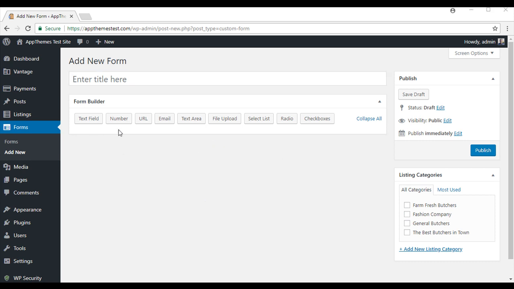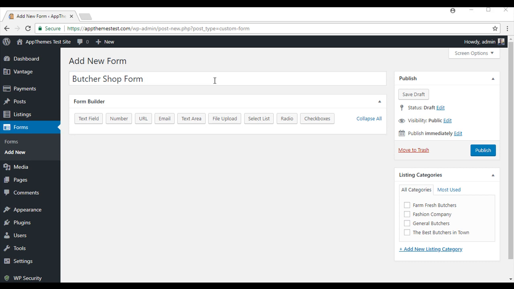The Form Builder feature can be used to ask your customers or visitors an array of questions specific to their business, occupation, or needs. The options are endless when using the Custom Form Builder. So we'll start by giving our form a title. So I'll base my form around butcher shops. Note that the title you give your form is for internal use only, so you can distinguish between the forms